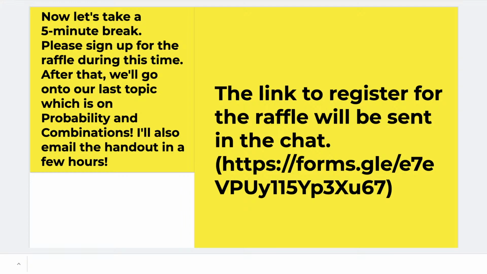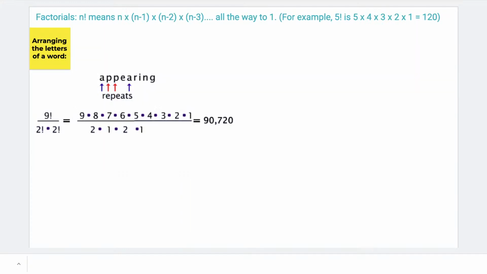Okay, let's move on to counting and probability and combinations. So now, before we dive deeper into probability and combinations, we need to know what factorials are for those who don't know. A factorial is if you have n factorial, that means you take n times all the integers less than n all the way to 1. An example is 5 factorial, which is just 5 times 4 times 3 times 2 times 1, which equals